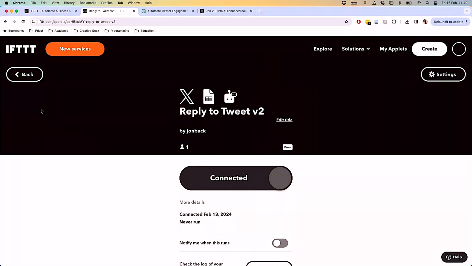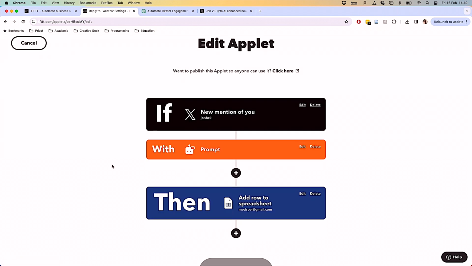But you should also be able to engage with this. And this has been a bit harder. Right now I have two versions of this and only one is working. So here's the one that should be working, but it isn't. If Twitter mentions me, meaning if you put an @JONBCK thing in your tweet, it takes that comment and sends it into my prompt generator, and then it should output it to Twitter. In this case, it outputs it to that spreadsheet. But it seems like it doesn't realize when I'm mentioned, so it doesn't actually fire on this one.